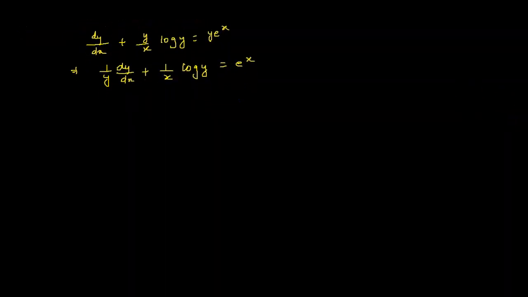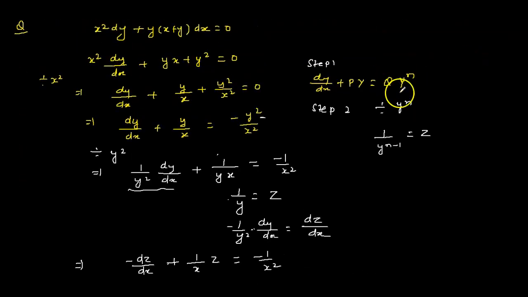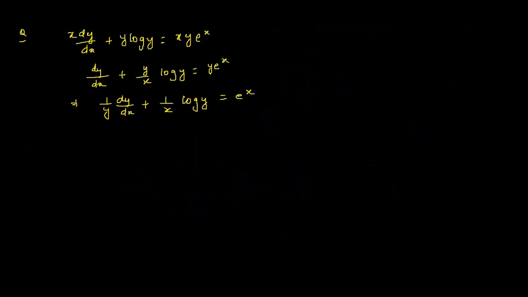No doubt in this? Now see here, this one I told you, it is not always necessary to do it this way. You have to think about what you will take as z, so that its differentiation is already available here. Like here, I put 1/y, so its differentiation, minus 1/y square, is already available here. So that's why I put that as z. Here also we have to think in the same way.